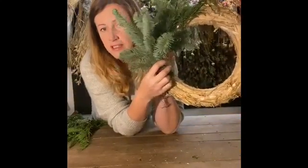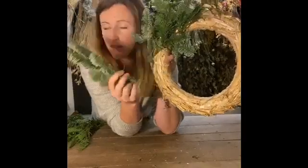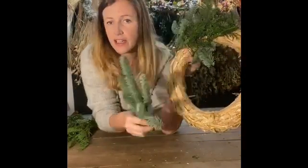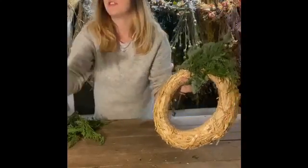If you start with a big piece like that, and we don't have lots of lovely big pieces like that, then it's going to look a bit odd, because you're going to have like an A line coming out. So I'm going to choose a little bit of